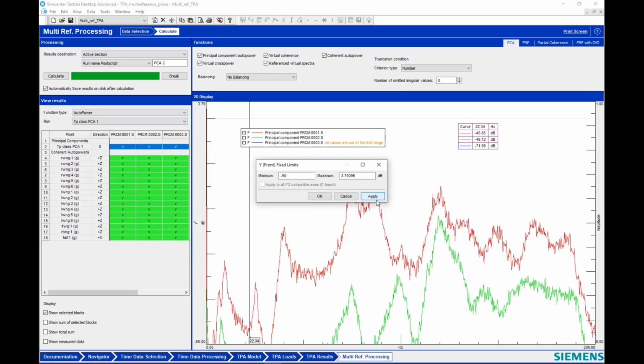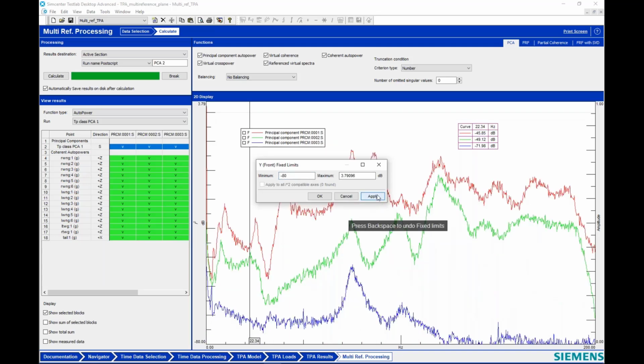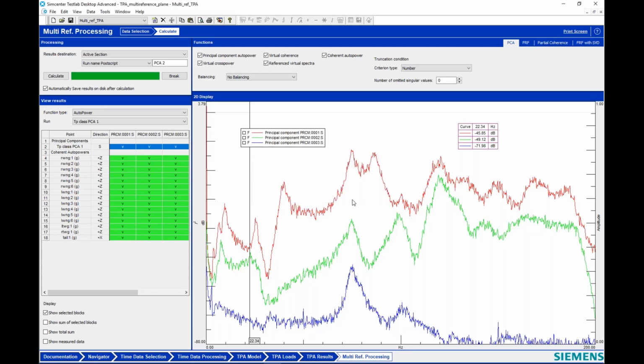And a lot of the times when you come into this worksheet, you see that. And if you look closely at the legend, it may tell you all values are out of the limit range. So that's kind of a clue that you have to make this lower. And that may change a little bit between releases. Maybe this release does a better job of it because I'm using 2019. But some of the older releases, I know I had to kind of look for that last curve.